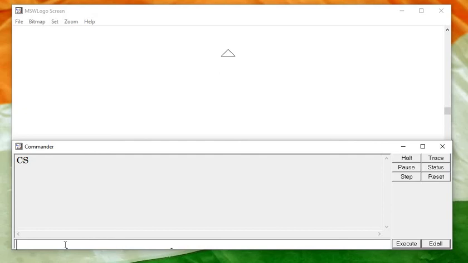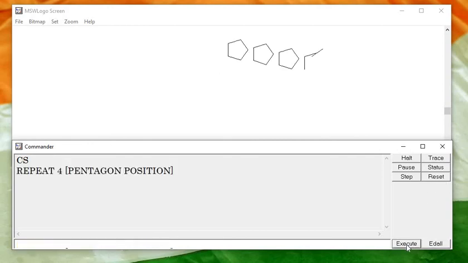Now I write here repeat 4 and write pentagon space position and execute. So you can see our output has changed because we made an edit in our procedure, so our output will also change.